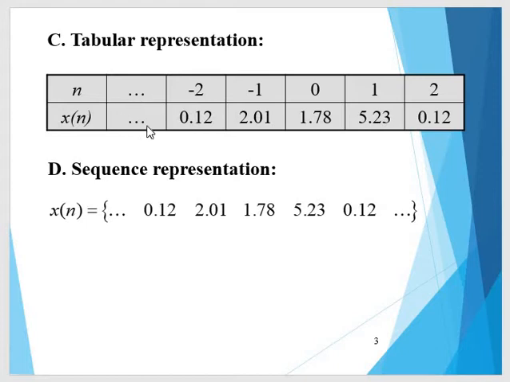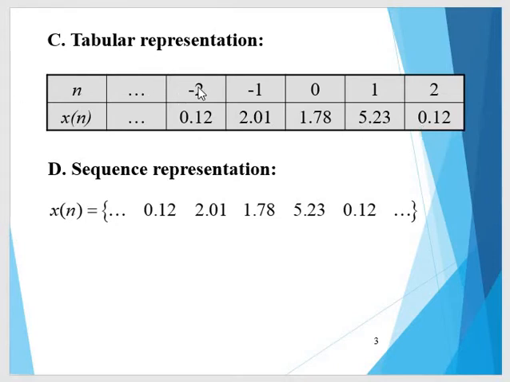Maybe we are having more values in the minus axis. It is not compulsory. You can give it, or you can start from the starting value also. This part is not compulsory. This is just telling you that this is not the starting position. We have many more starting values over here. So look at this tabular representation. This row is for n and this row is for the corresponding value of x[n] with respect to n.